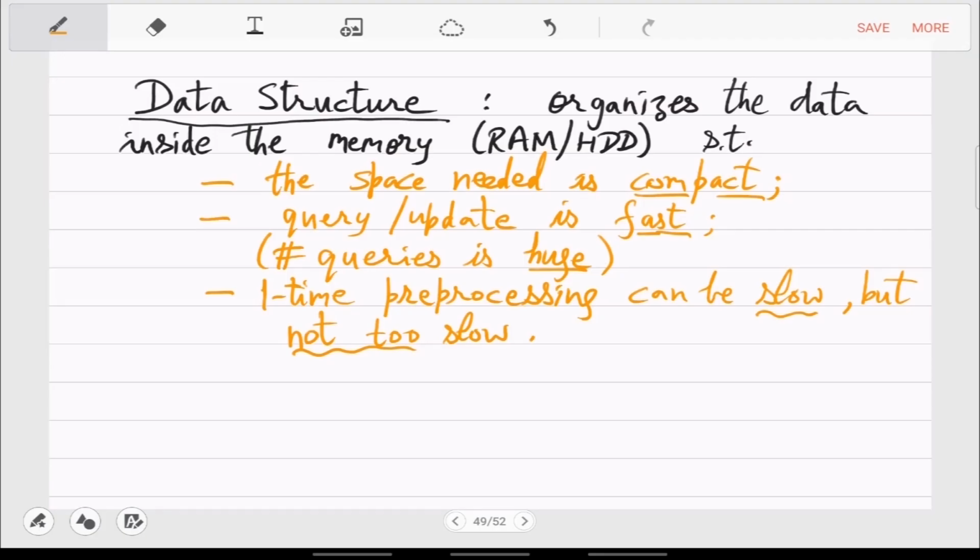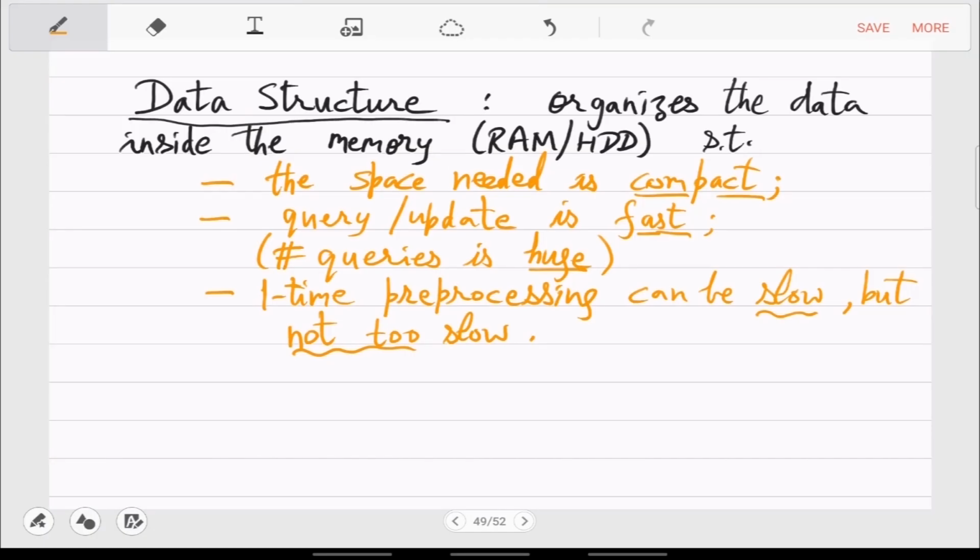So for example, Google again scans the internet and it maintains some logs and files and it organizes them in a tree and so on, right? So that is a slow process that is not supposed to get over in milliseconds. That one-time pre-processing requires longer time. You have that time, but you cannot make it too relaxed. Google cannot wait for this process to be over in 1 month.